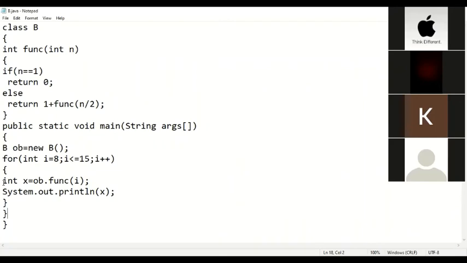Ma'am, please show the second. Second what?